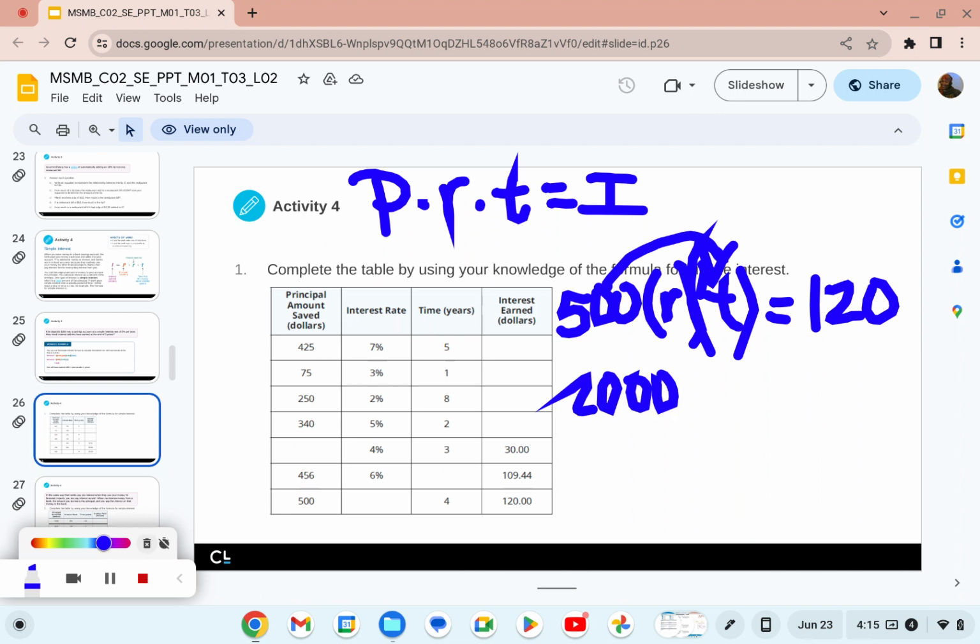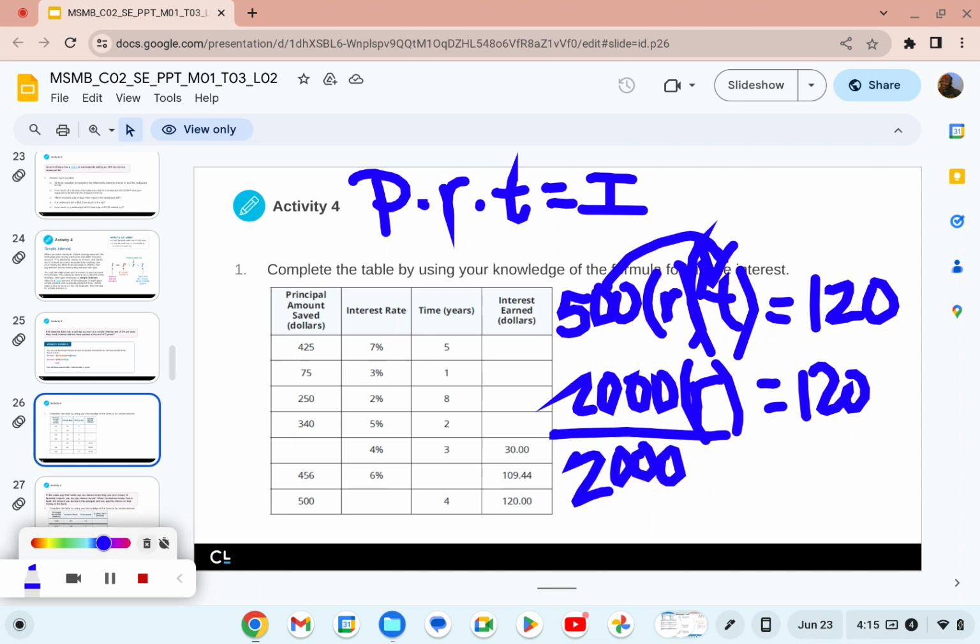And then I am going to multiply 2000 times R to give me 120. But I don't know what R is, and I want to get R by itself. So I'm going to divide both sides by this 2000. So I'll divide 120 by 2000, and I will get, as an answer,